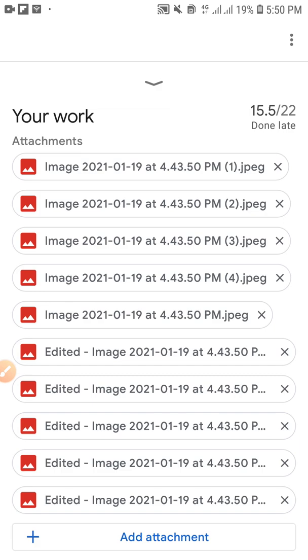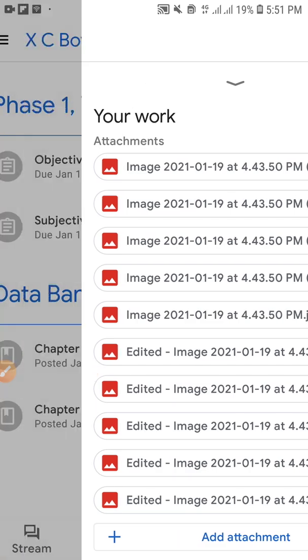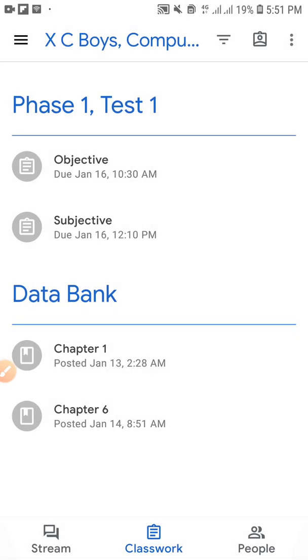At the top you will see the images that you have uploaded, and at the bottom, with the edited name, you will see the images that the teacher has uploaded in my account after checking. So these are the steps by which you can see the checked paper, the graded papers and the marks